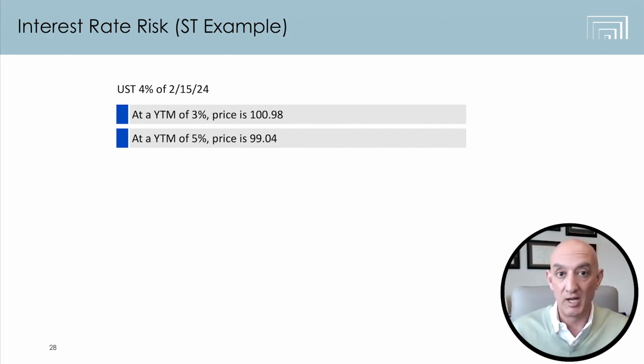So your 4% bond, you don't need to sell it. If you hold it for the year, you'll still make your positive 4% per year. You could have waited and gotten 5%, but there's no way to guess that, okay? And we'll talk about how to create a bond portfolio with that in mind. But I just want to talk about what interest rate risk is and how it works.